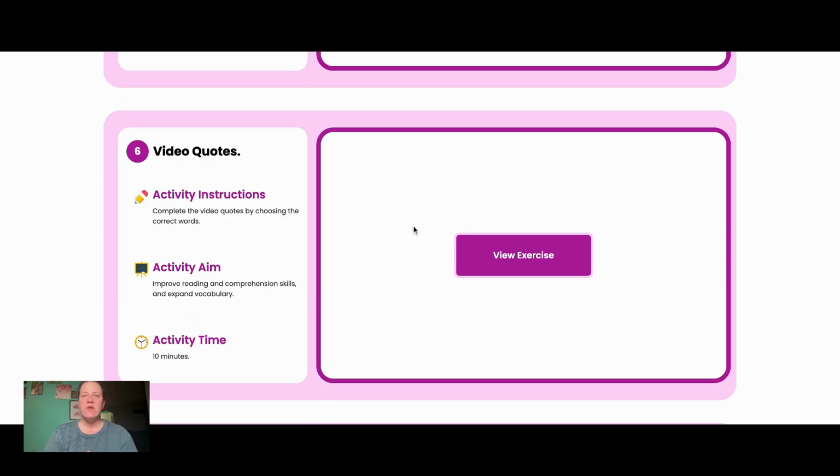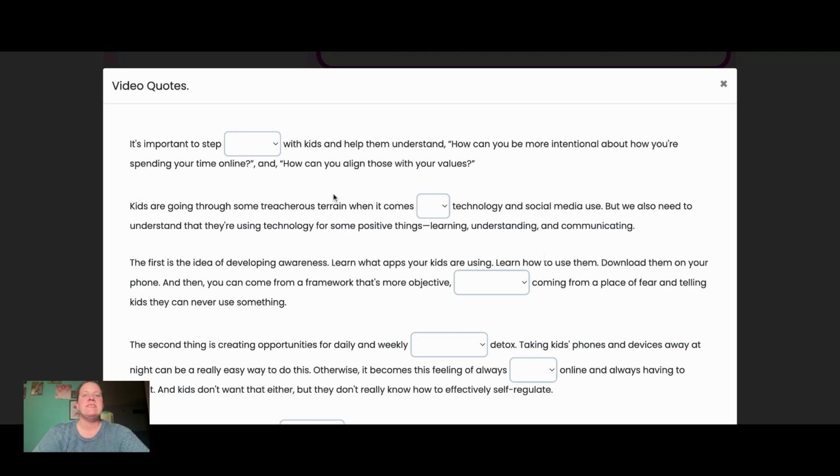Part 6 is video quotes. So this is going to go off of the video that you had them watch, and this is like a drop-down thing, right? So it's important to step back, forward, or up. And you can see that the correct answer is going to be in green and the incorrect answers will be in red. So kids are going through some treacherous terrain when it comes to